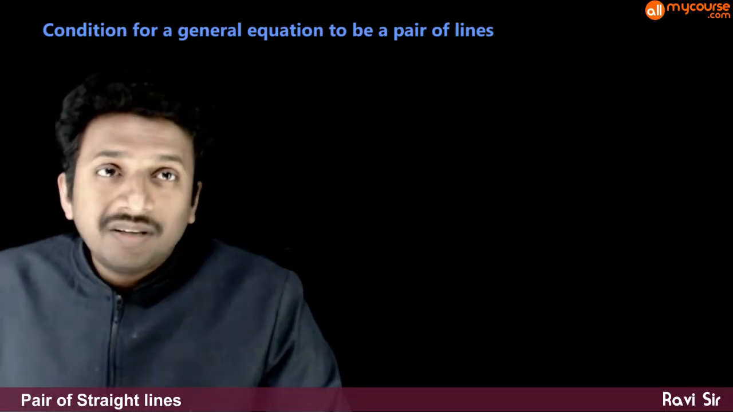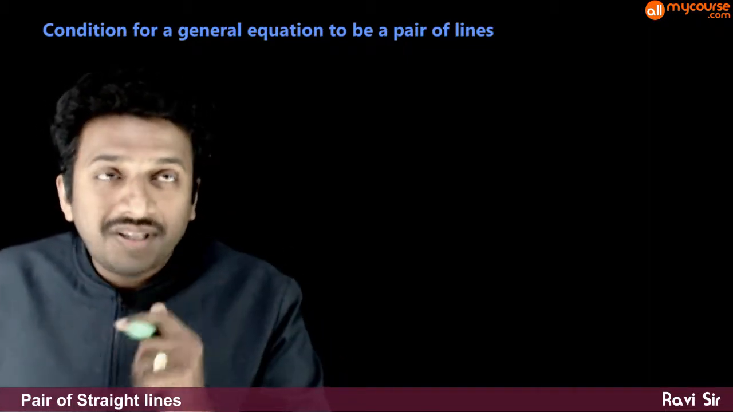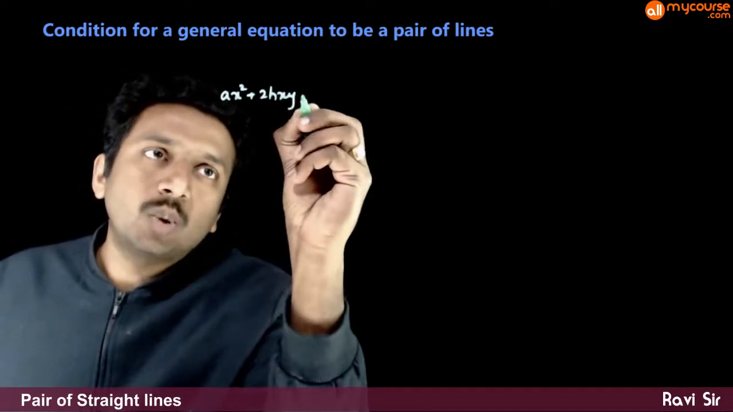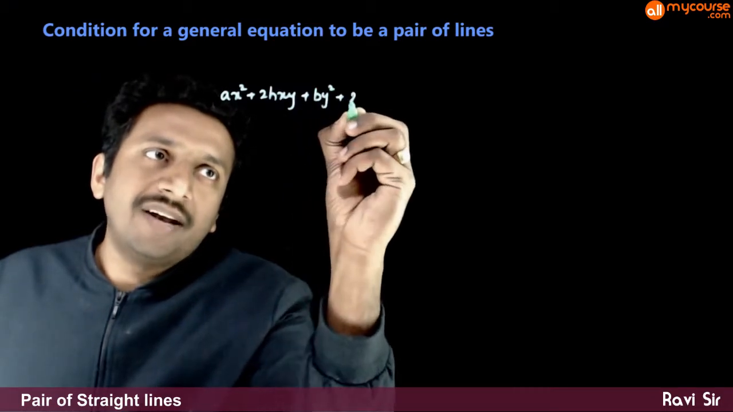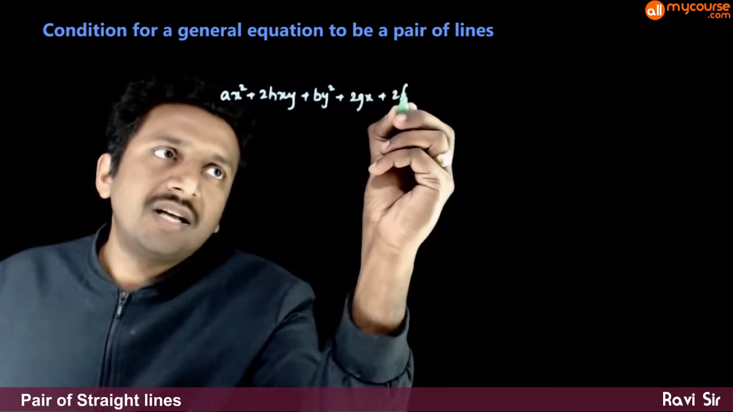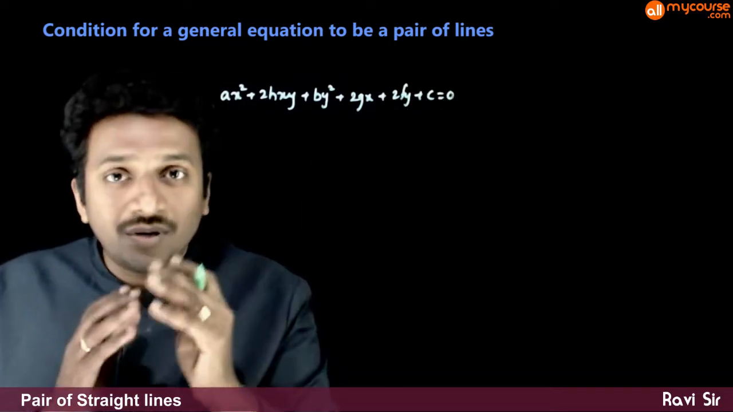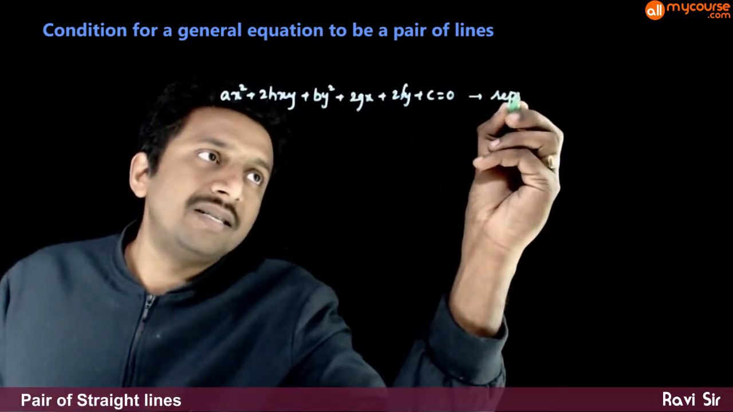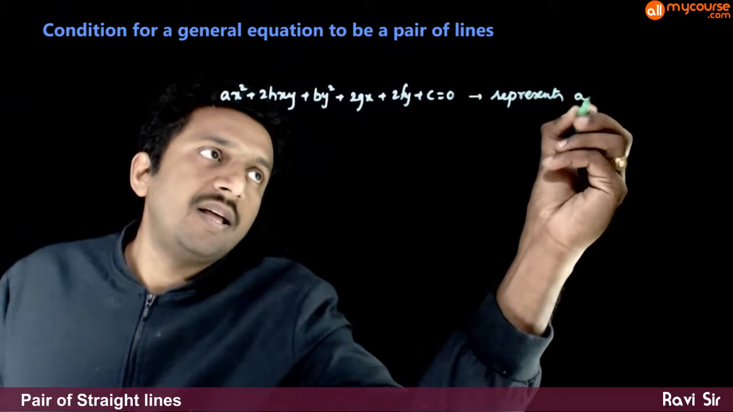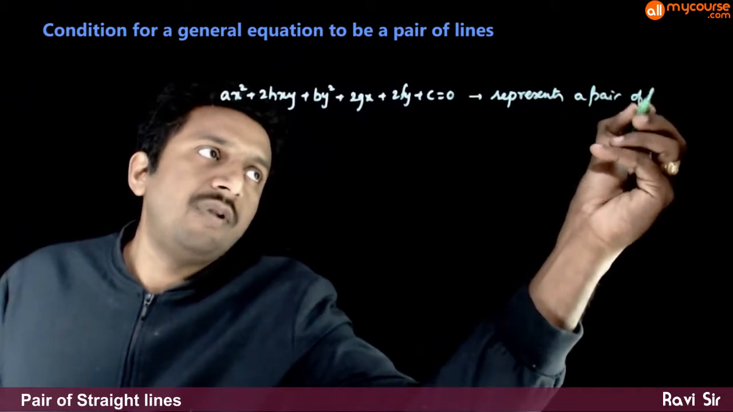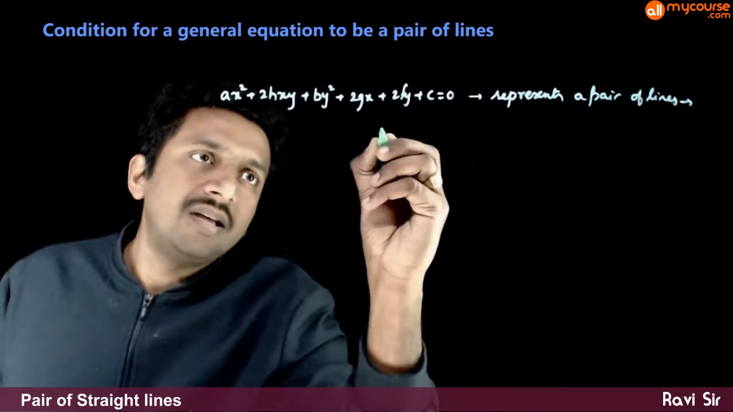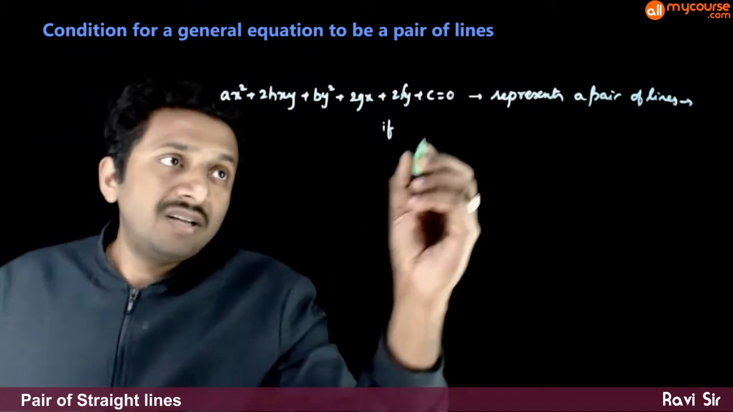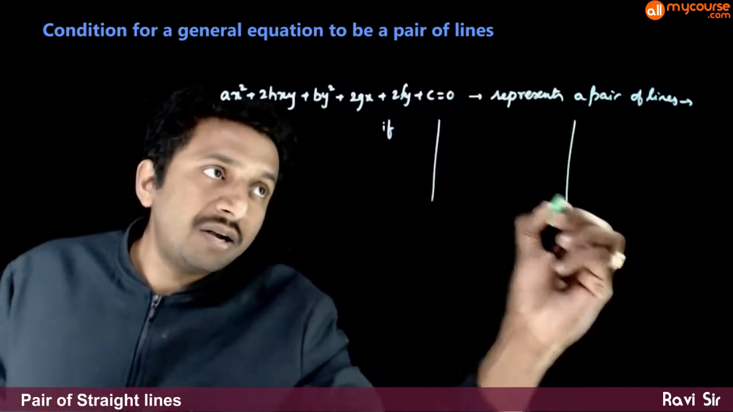In this video, let us look at the condition which ensures that the equation of the form ax² + 2hxy + by² + 2gx + 2fy + c = 0 represents a pair of lines. It represents a pair of lines if the condition is: determinant of